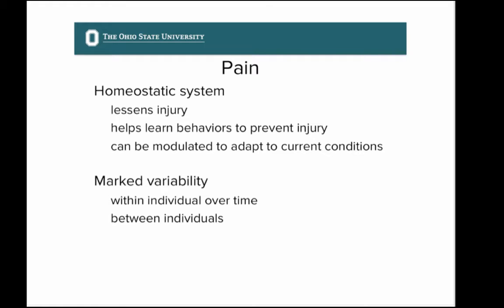Our pain homeostatic system has detectors in our tissues, like our fingers, that identify or become active when pain occurs. And the sensitivity is modifiable, so it can be very sensitive at some times and not so sensitive at others. In the spinal cord, there is a level of integration. After the pain is detected in the fingers, information is sent by nerves to the spinal cord, and there's some level of integration there.